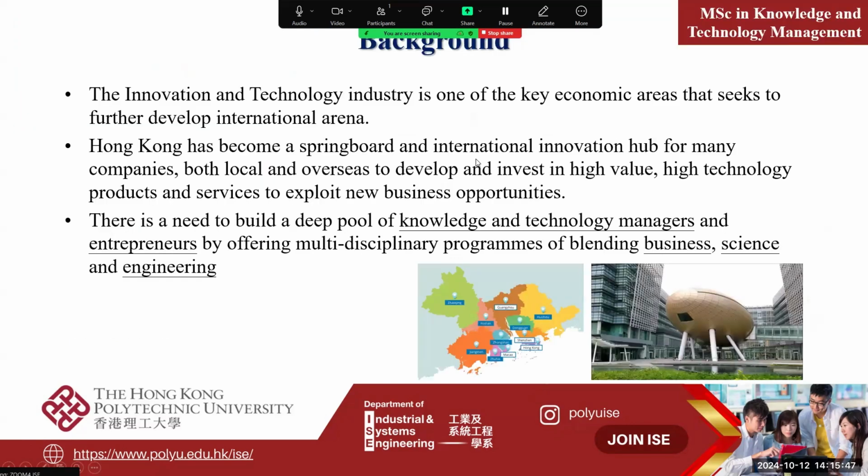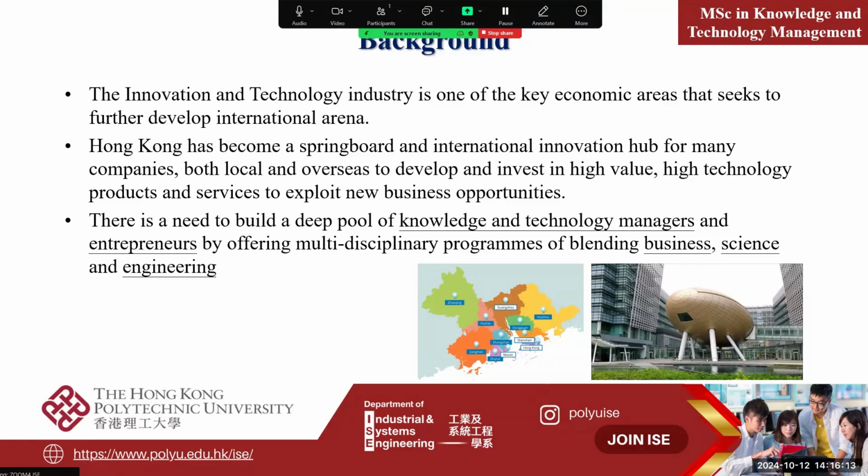So as you know, innovation technology has become very important in different parts of the world because we now emphasize how we can turn innovation into economic value. Hong Kong and mainland China also emphasize how we can manage innovation to make the economy better. So this is one of the reasons why we are developing this program